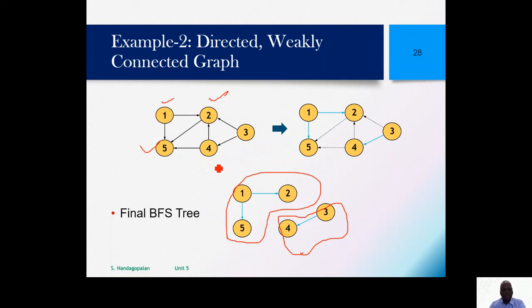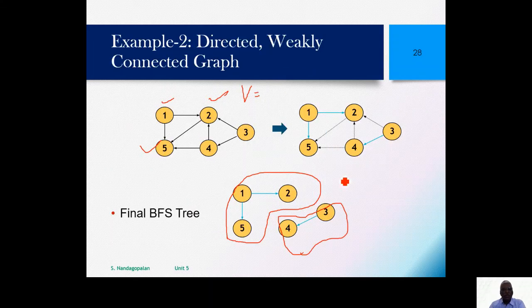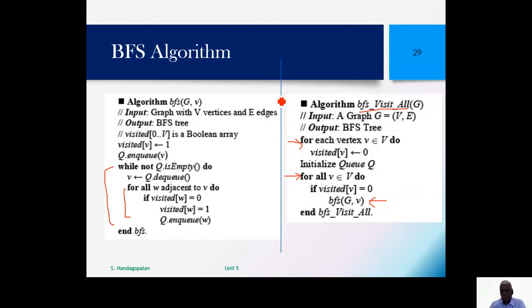But the problem is that if you look at the V, that is the vertex group, you have 1, 2, 3, 4, 5. So 5 vertices, out of which 3 vertices are marked as 1 and 3 and 4 are still 0. So what happens? This for loop will get executed for all V belonging to the vertex group. If it is 0, yes, my 3 is 0. Now again start BFS from 3. Yes, now it will find 4 and now my visited will all have 1. So when it becomes 1, that means all are visited, and this for loop also gets out.